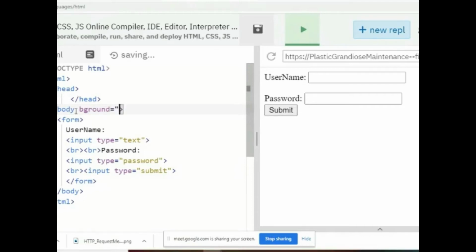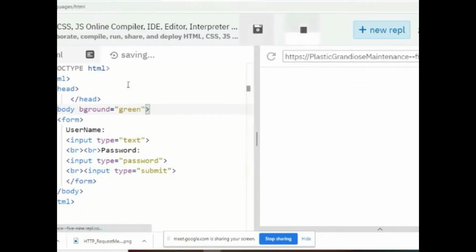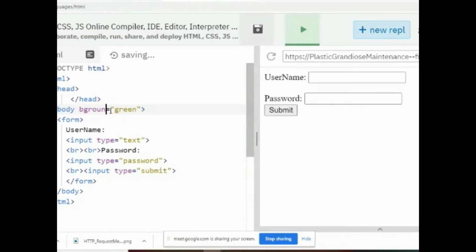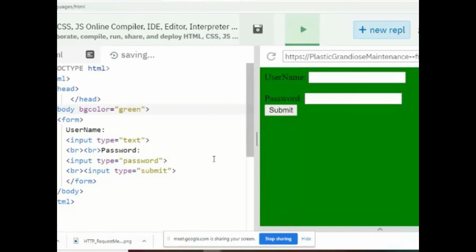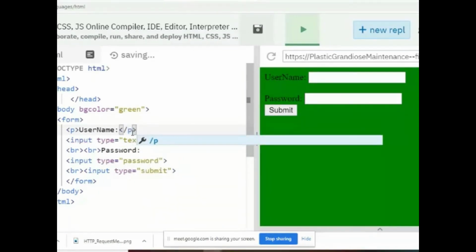You give some color, you will be getting it. Like this, you can get the form, whatever your design. See, I did not give anything. If you want, you can make your labels a paragraph tag.